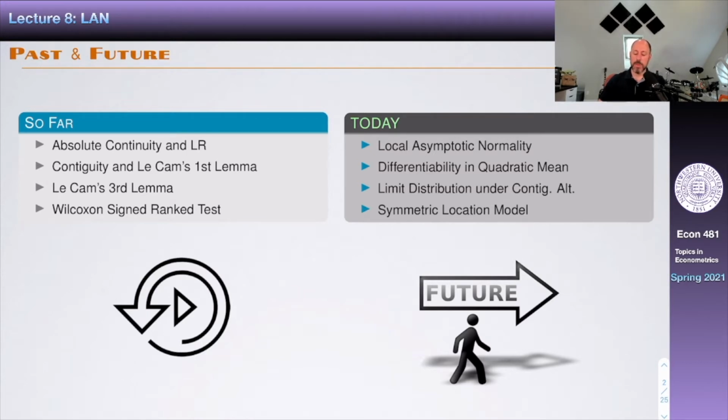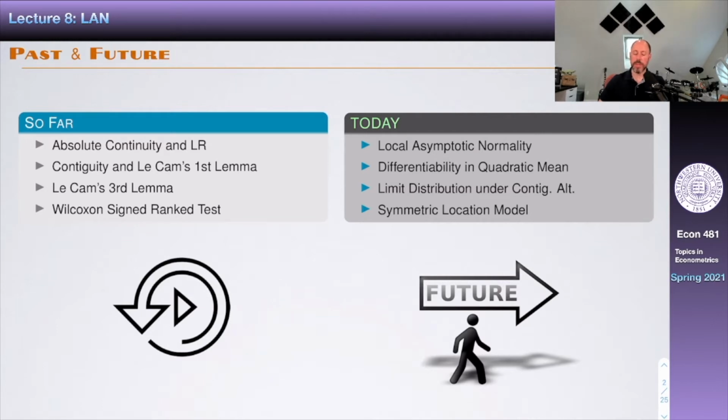And then we're going to provide a sufficient condition for local asymptotic normality known as differentiability in quadratic mean, or QMD, or Hellinger differentiability sometimes. We're going to just call it differentiability in quadratic mean. And then we're going to see how that is a sufficient condition for local asymptotic normality. In the middle of that, we're also going to learn a lemma that gives us sufficient conditions for differentiability in quadratic mean that are easy to check. And at the end of the day, those are the conditions that we're going to be using in the applications to limit distributions under contiguous alternatives.